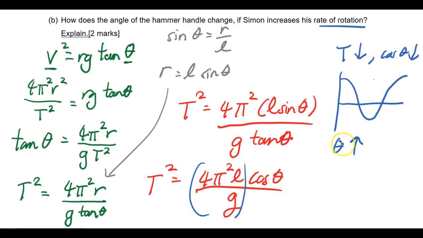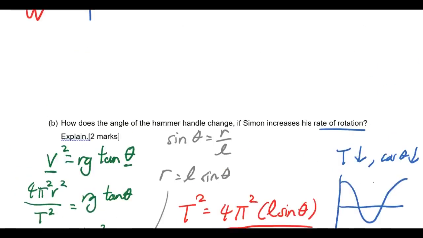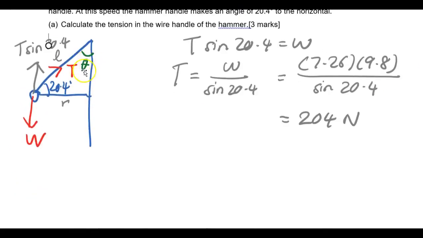So the theta here will increase. Let us look back into the diagram. The theta here is increasing. If this is increasing, of course the other end here, the angle here will decrease. Respect to the handle, respect to horizontal will be decreasing. So to answer this question,